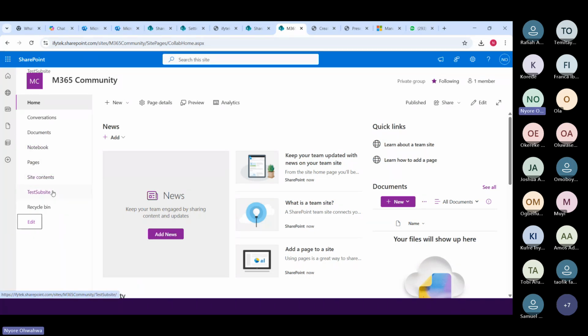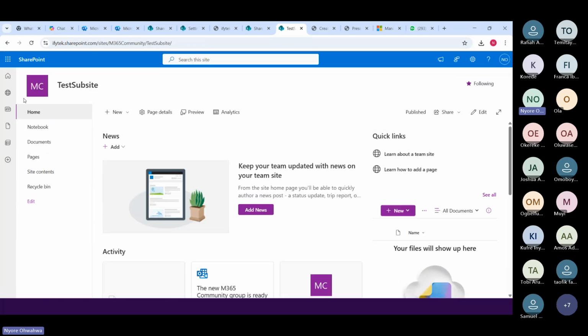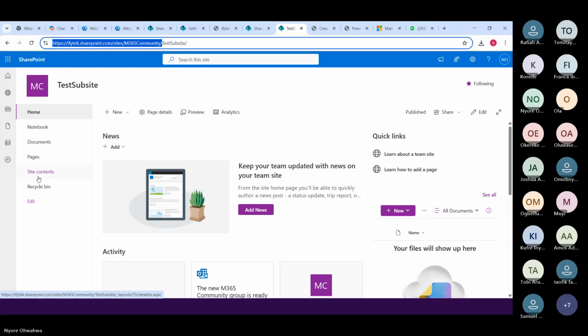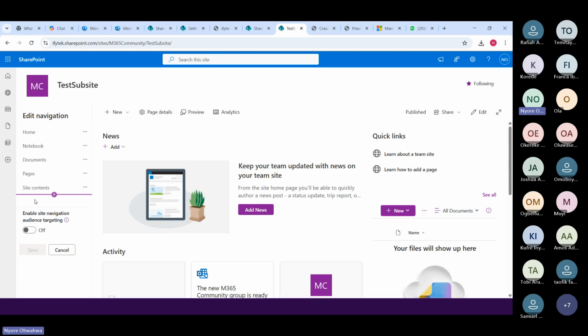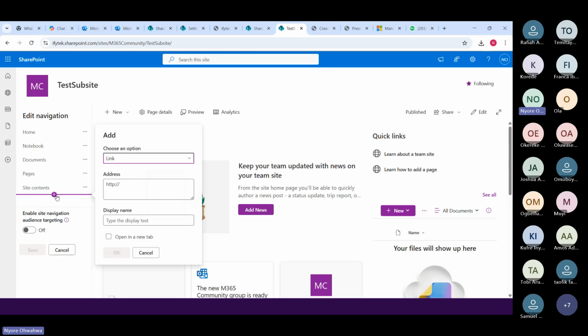Okay, so if I want to go into the subsite, I can just easily go into the subsite from the main page, and then I'm in my subsite. And then I can do the same for the parent site. I can just do this same thing we just did so that it is easy for me to navigate both ways.